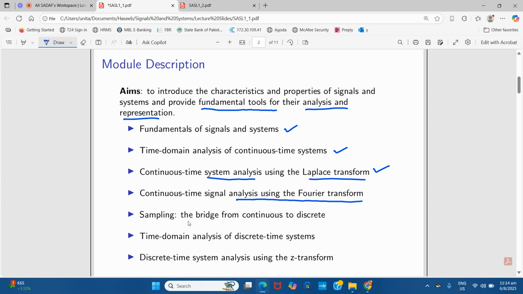And what is the bridge from continuous to discrete? That is the sampling. We will know about the sampling techniques as well. Then the time domain analysis of discrete time systems and discrete time system analysis using the Z transform. So the Z transform is for the discrete time system and the Laplace transform is for the continuous time system analysis. After that,